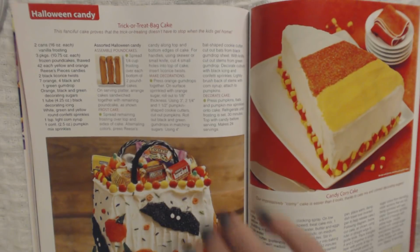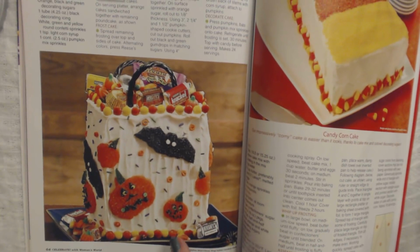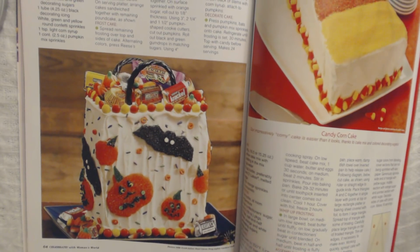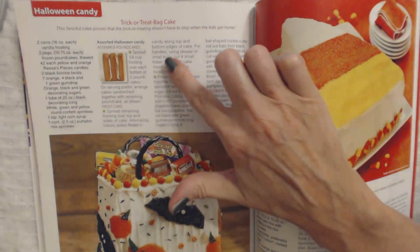Alternating colors, press Reese's candy along the top and bottom. Oh, it's down here too. So we have them across the top and the bottom. See, it's on a little tray. It's like a little black tray with some candies. So you have the Reese's Pieces, little candies that go along the top and the bottom edges of